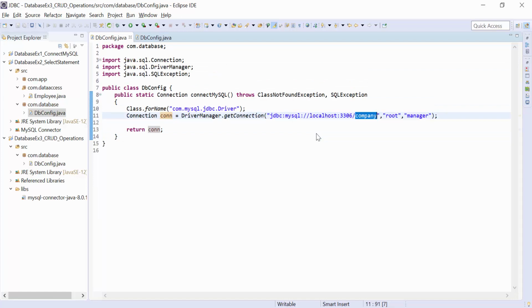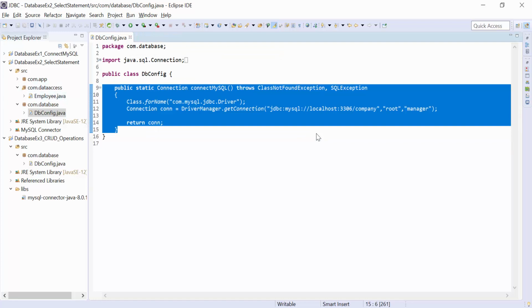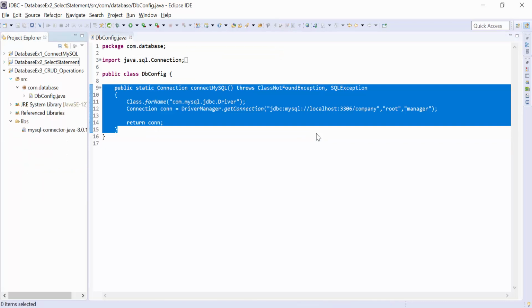For the schema name, just cross-check whether you are connected to this schema or another one. This is what I am using, and the username and password are also correct. Even the database URL is correct, and the driver is com.mysql.jdbc.Driver.